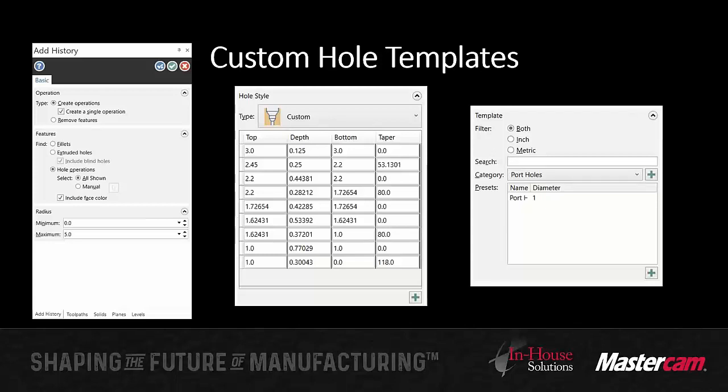And after doing so, it selected my hole style as custom and entered in all my parameters for me relative to the hole that was just seen there. I can then go and save that hole out. As you can see in the picture on the right-hand side, I can save that hole out as a specific